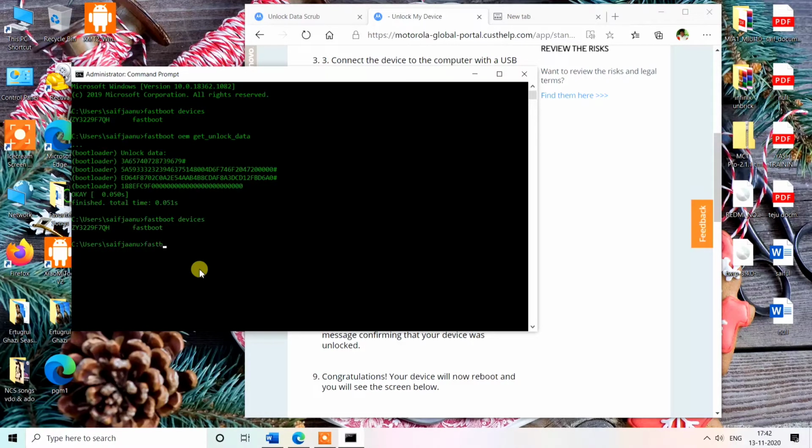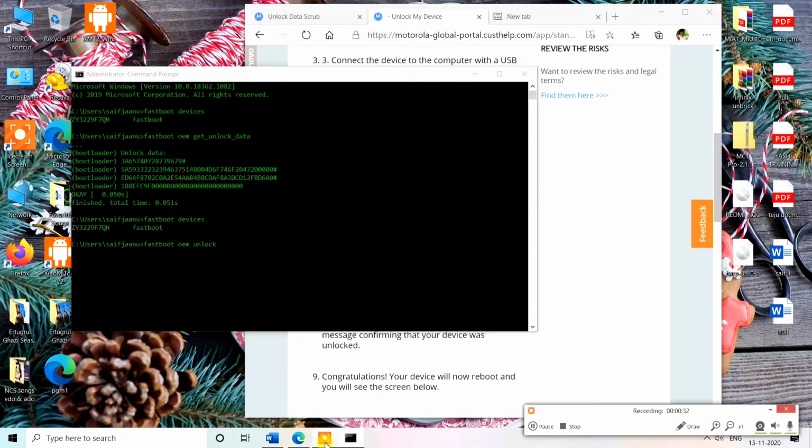So let me type the command fastboot space OEM space unlock and you have to paste the 20 digits unique key. So let me paste my key. So guys, as you can see I have typed my key, there may be noise in the background, extremely sorry for that. This is my 20 digits unique key, and after typing this key you just have to press the enter button.